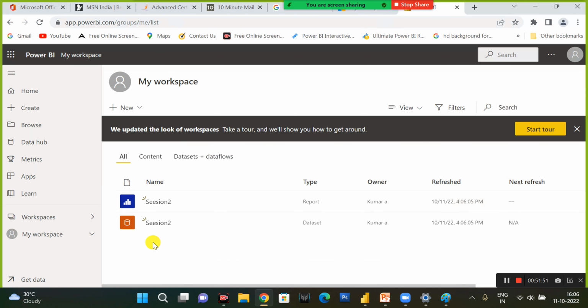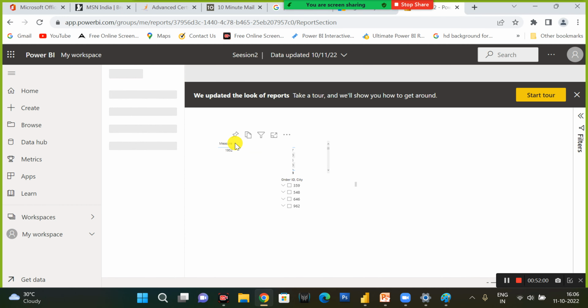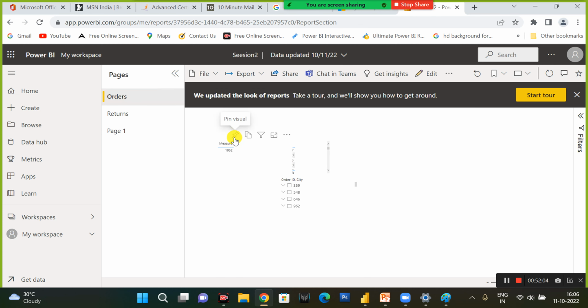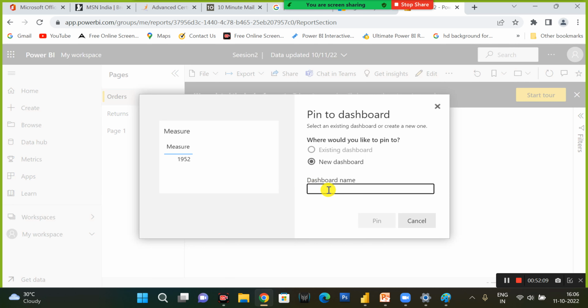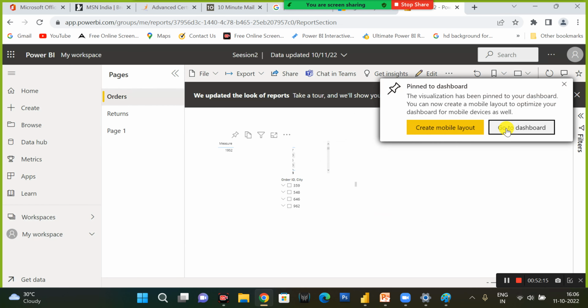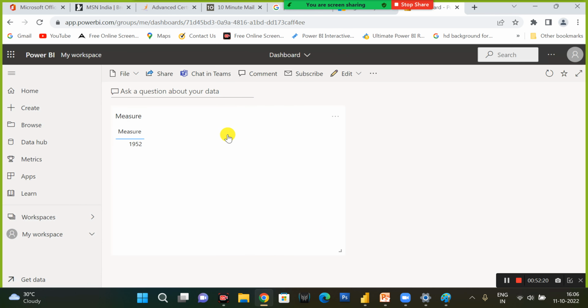Once that is done, you will see the report itself here. Here, the dashboard, in the sense, if you see there is a pin symbol. If you pin the visual, you will get a new dashboard. So the dashboard indicates it's a pin of visuals, a collection of multiple visuals. I'm using Go to dashboard. You can see that one chart is added here,